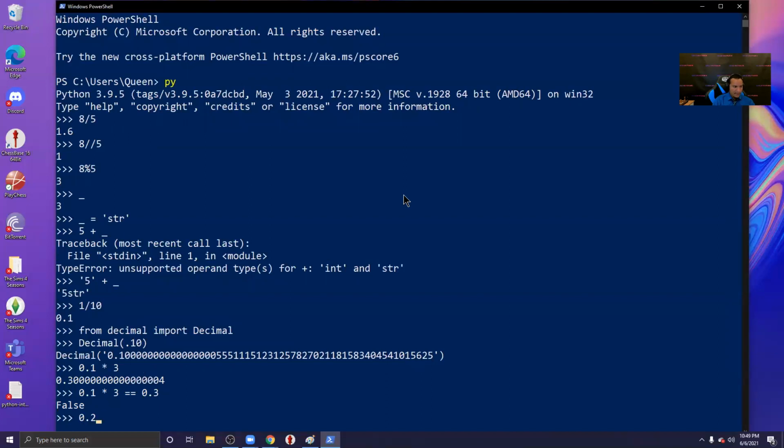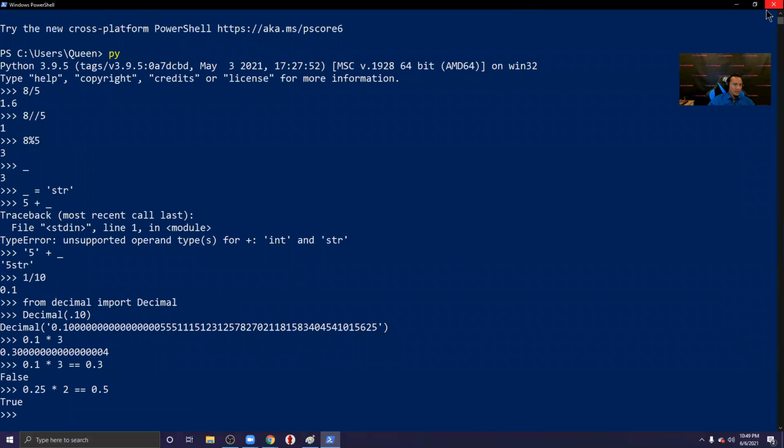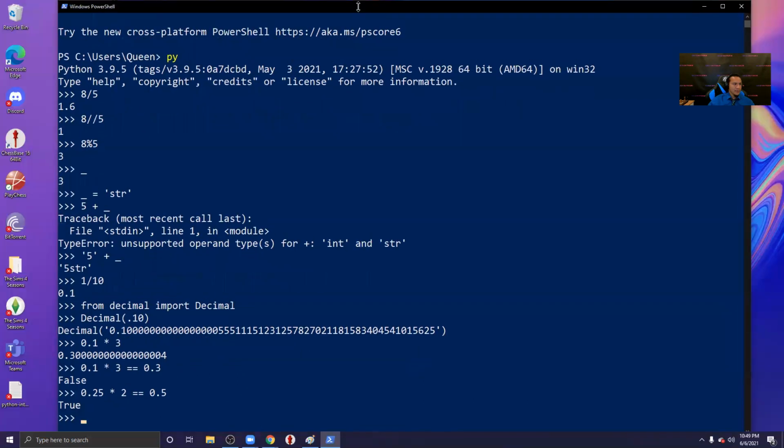But when you have something exact, like 0.25 times 2, now both of these are powers of 2, so no doubt it's going to give me that it's true. So you see? That's the interesting thing about using decimals. They're not exact unless they're powers of 2. In some cases, the computer gets really good at approximating it, but you have to be wary about those limitations with floating points. So I'm really glad I got that out of the way for you guys,